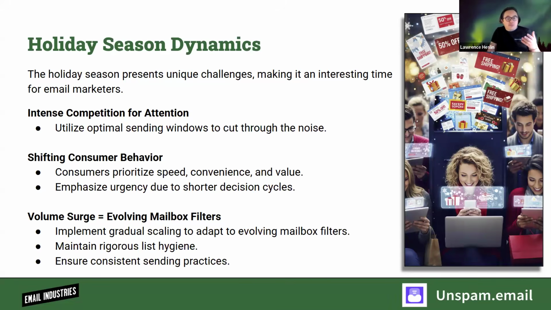So if you have the ability within your ESP to have send time optimization, awesome, use it. If you don't, start testing, understand what your ideal send times will be to get the most conversion possible. As Matt was alluding to, doing it on the hour, on the 15-minute during this kind of peak season, maybe instead of doing it at 8 o'clock in the morning, do it at 8:04, do it at 8:03, do it at 7:59. They're used to your messaging coming around that time, but the influx will be a lot easier to get in front of your users if you aren't doing it on the 15-minute mark.